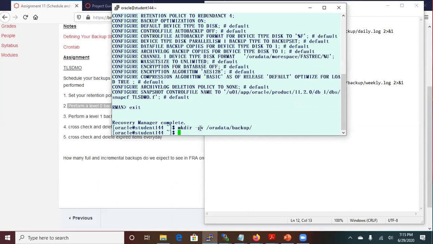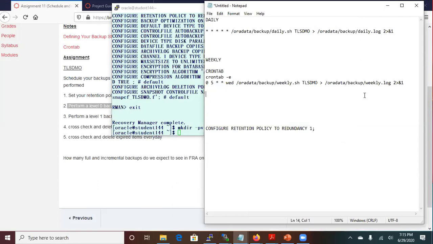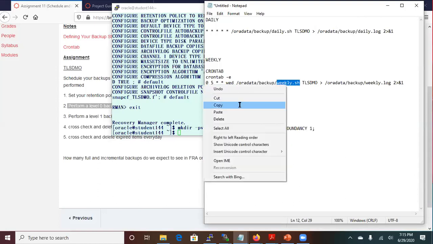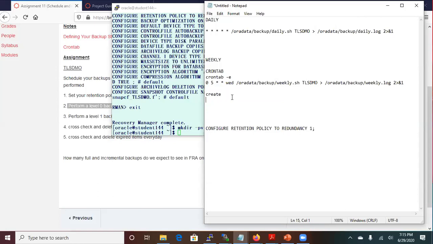Okay, she already had a backup. So what I'm going to do is to create the shell script. That shell script, create weekly.shell. Actually, let me just put create shell script